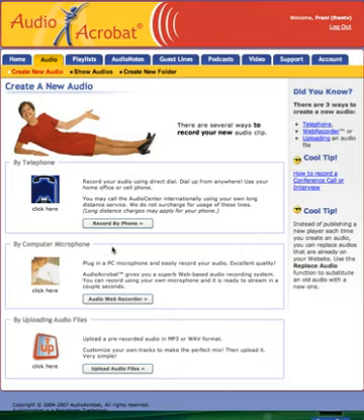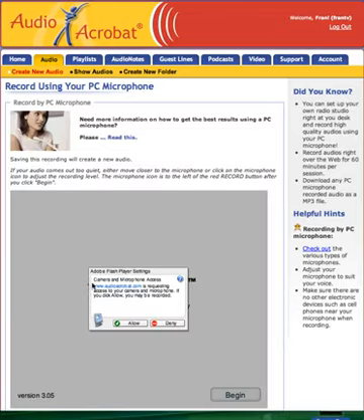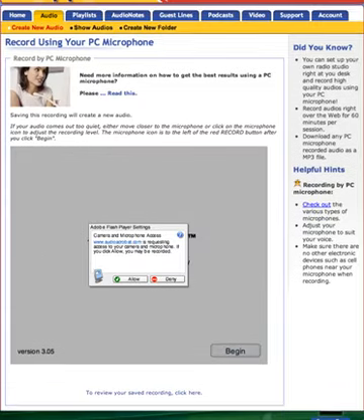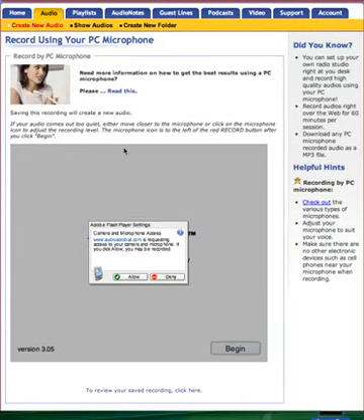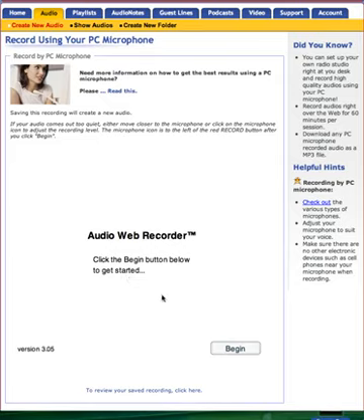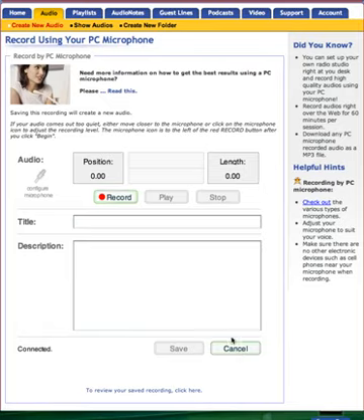So we're going to record by computer microphone. So we click on recording with your PC microphone. We're going to scroll down. This is a similar interface that you will see, and we're going to say allow. We're going to click begin to start recording. We're going to go to record, and let's say I'm basically doing a how-to on podcasting, so I'm going to